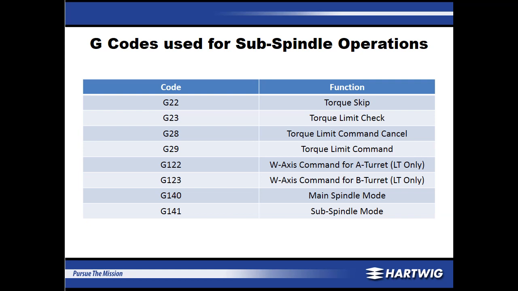G23 is a torque limit check. This can be used for a safe move. So feed safely onto, say, a clearance point or up to the face of the part before jumping into a torque skip move. And if the part is sticking out farther than the program allows for, the machine will only go up to, say, 20% W-axis load,